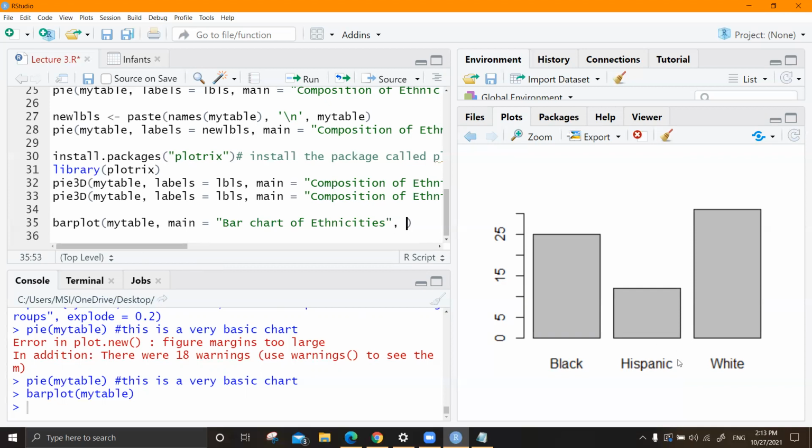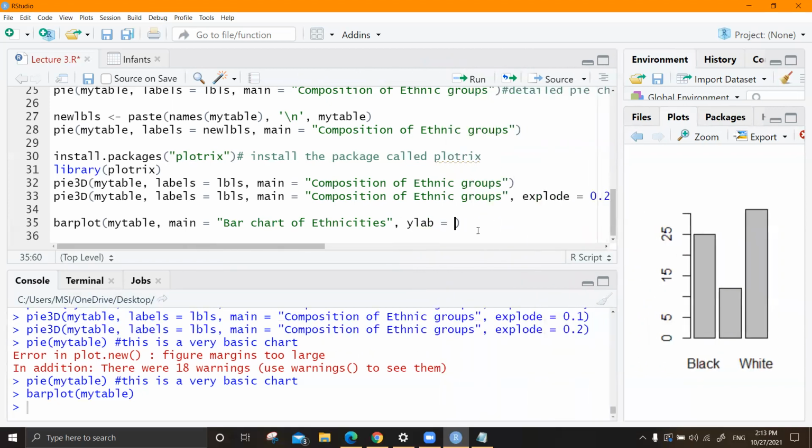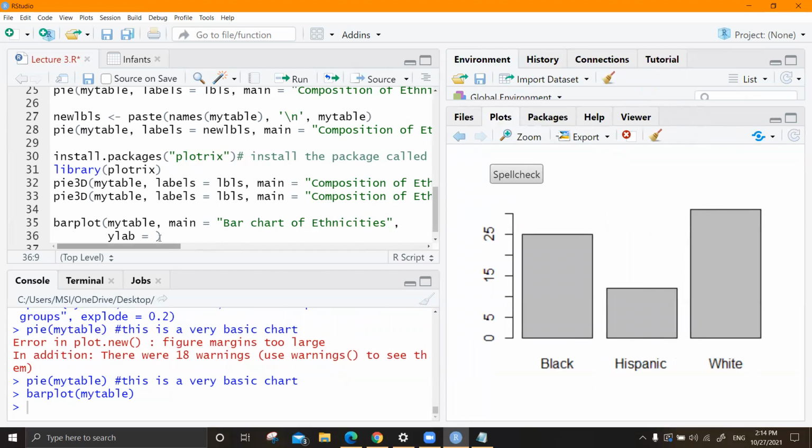And then you actually have to label the x-axis and y-axis. In pie charts, we didn't have axes, right? So here we are going to label them. So how do you label the y-axis? That is ylab. If you are running out of space, you can simply come here and press enter. Nothing wrong will happen. If you want to maintain some margin, you can press enter. It will shift to the next line. Doesn't matter. Ylab. So within inverted commas, you can give the y-axis.